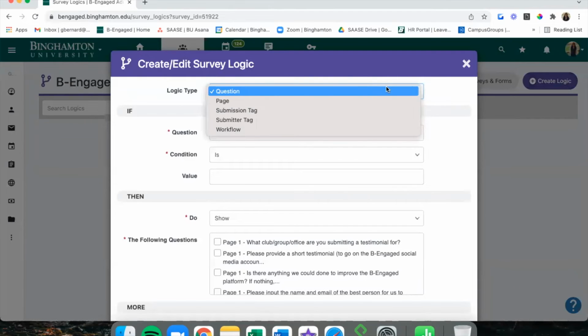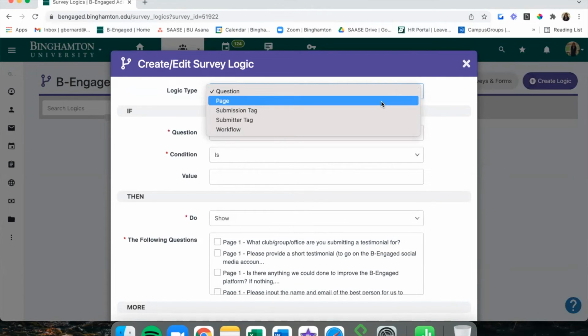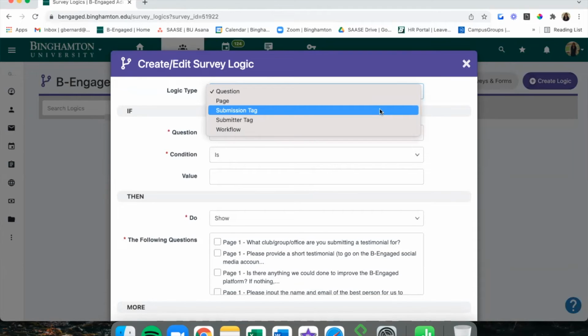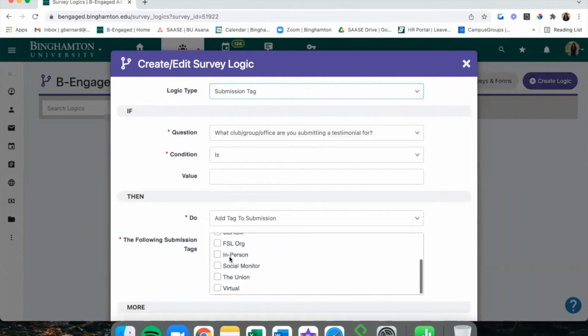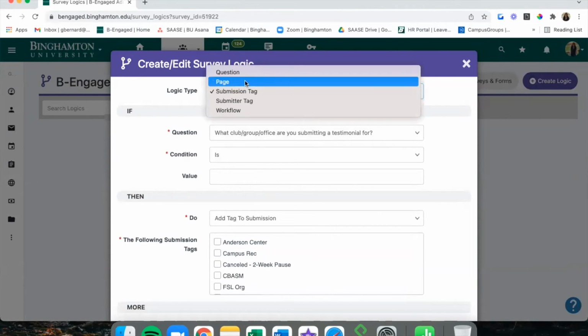So there's question-based logic, which takes submitters from one question to the next based on their answer to those questions.